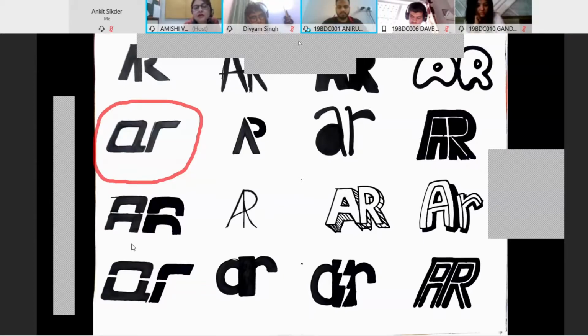So where the energy aspect is concerned, it does look very static. Needs something more to it for it to become more energetic. For example, the last AR has much more energy because of the A repeating 3 times. You see the resonation of A and R. What is happening is there are two black lines separately which are creating an A, and the inside negative space is also creating an A, and similarly the R. So because of that echoing of A and R, it is creating more energy compared to A and R here.